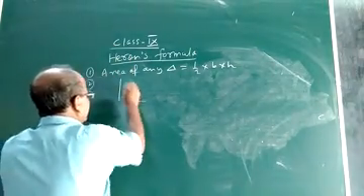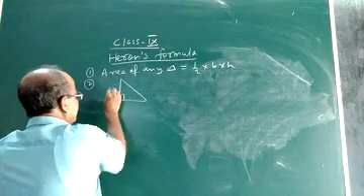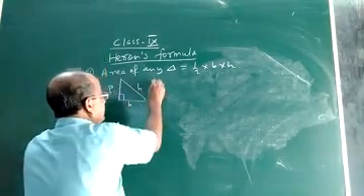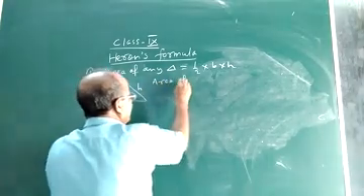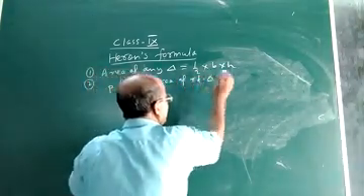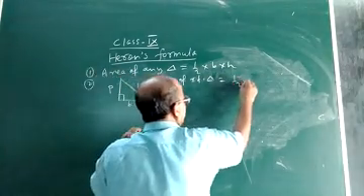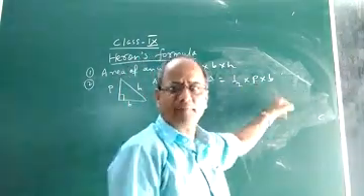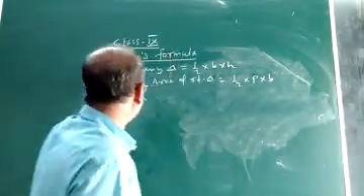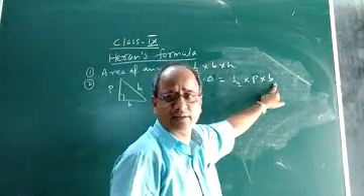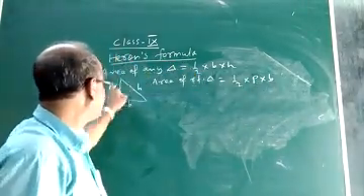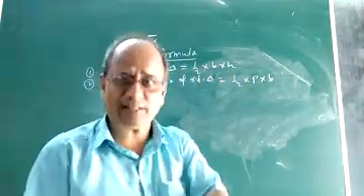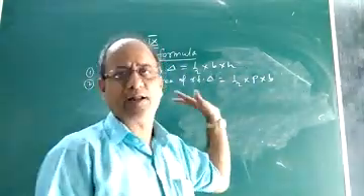Suppose this is a right angle triangle. Look, this angle is 90 degrees. This is B, and this is H. Perpendicular, base and height. So what will be the area of a right triangle? You see, the formula you know is half into P into B. Half into P into B means half into the product of the sides containing the right angle. This is perpendicular, this is base. These two sides contain the right angle. So half into the product of the sides containing the right angle is equal to the area of the right triangle.